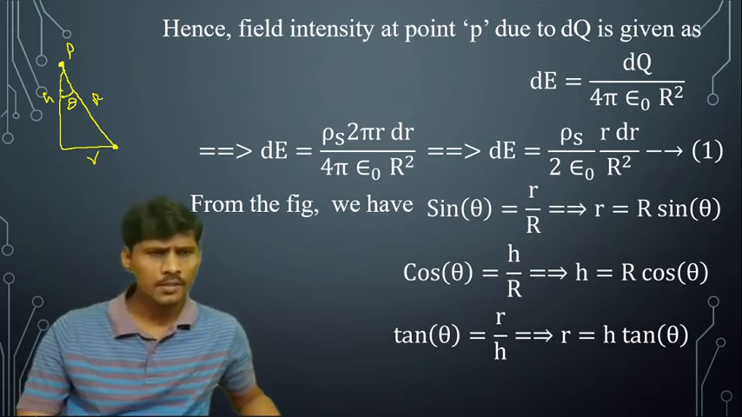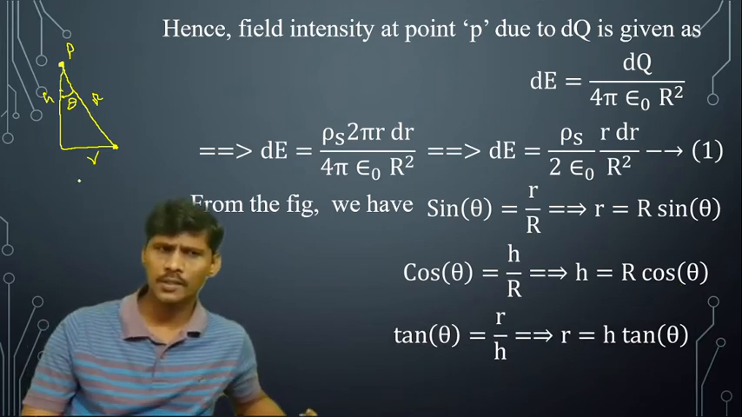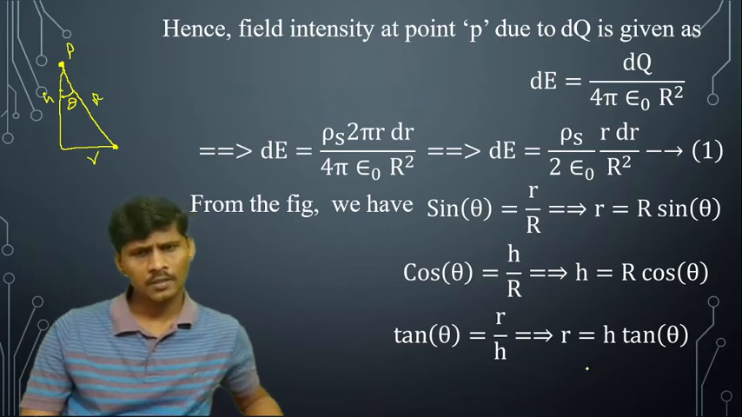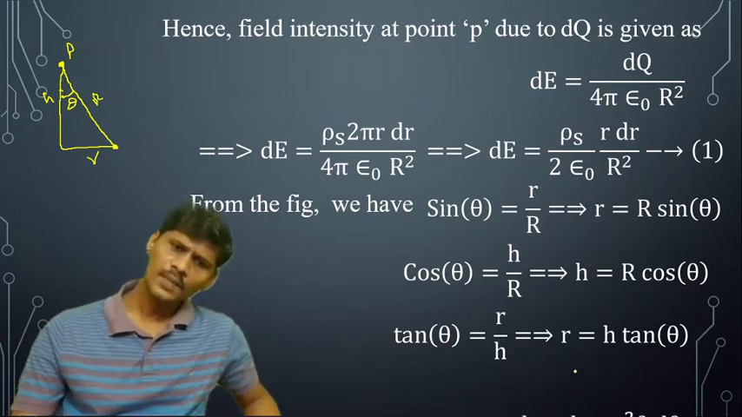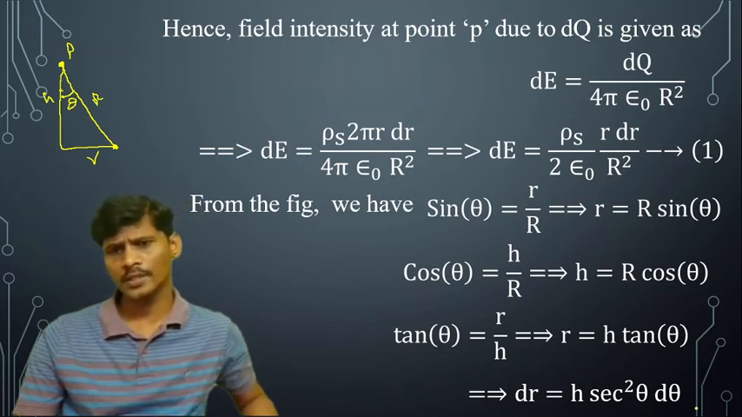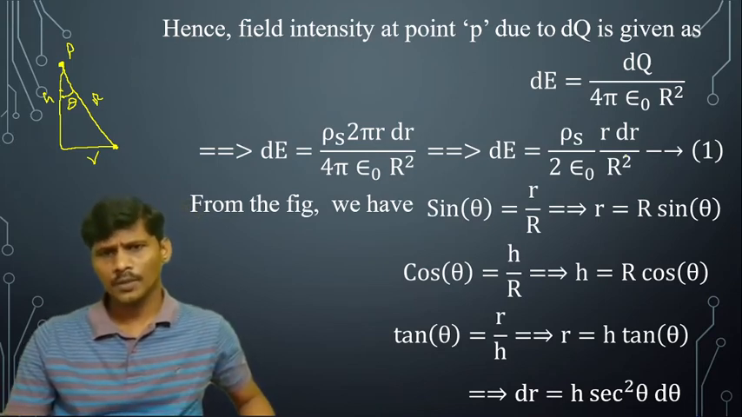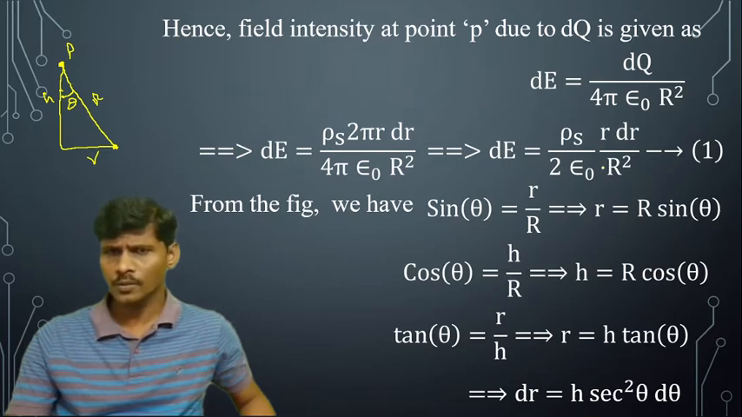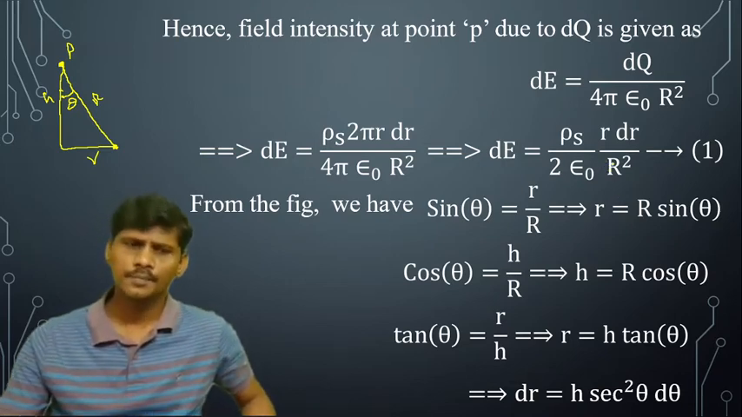And tan theta is equal to opposite side by adjacent side, r by h, so r is equal to h tan theta. Differentiating with respect to theta, dr is equal to h sec²theta d theta. Substitute dr and small r values into equation 1, we get